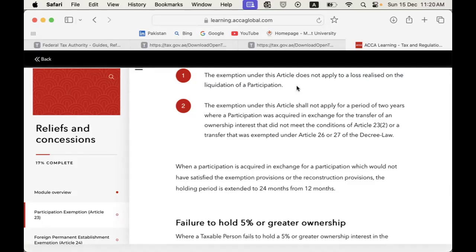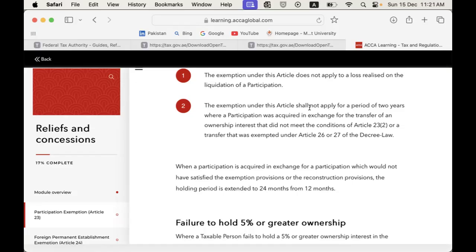So what you're saying is, ideally, if there is a loss relating to an exempt investment or such an asset which generates exempt income, that loss should ideally be disregarded, right? That's the normal treatment, right? Yes. But this article apparently is saying that the benefit of that loss will still be available because the exemption will not apply in this scenario. Let us read through. Let's see.